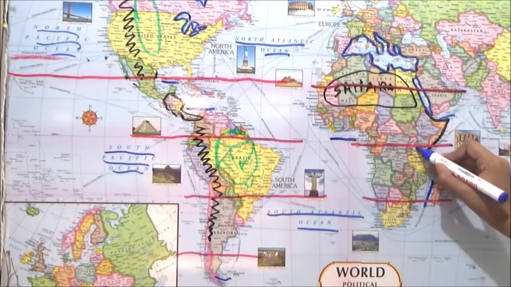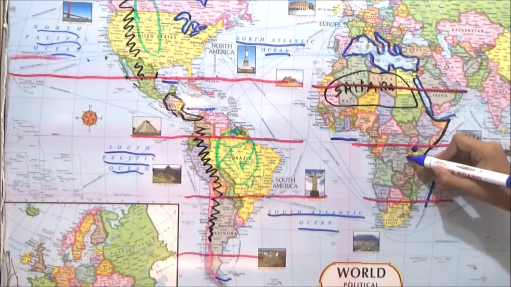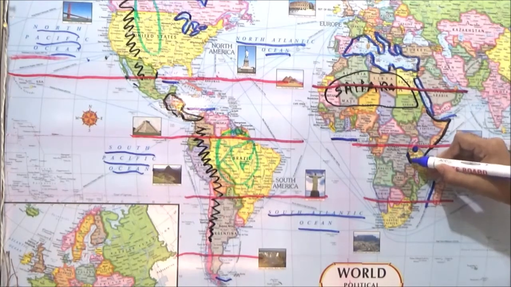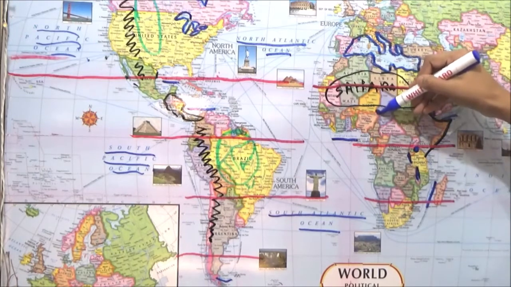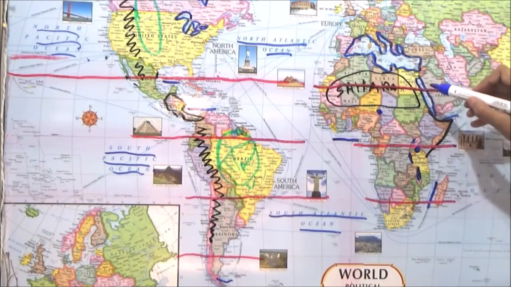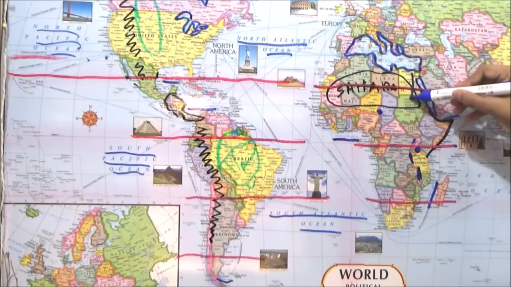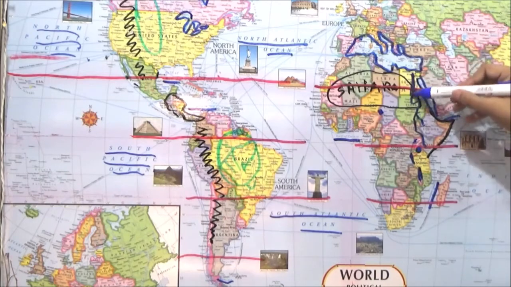There are a lot of important lakes which are present. For example, Lake Victoria is there, Lake Turkana is there, Lake Albert is there, Lake Chad is there. So we can mark all those things out and practice it. Most important, River Nile flows in Africa, so it's very important. Its location is very important.